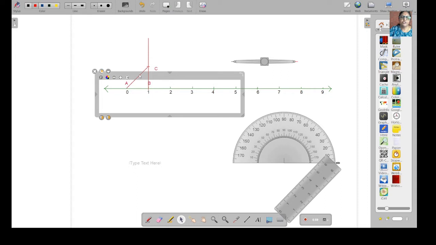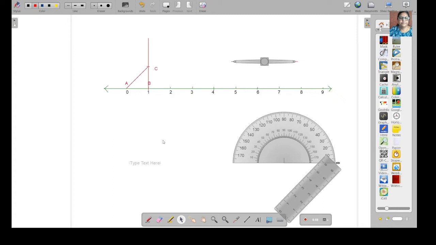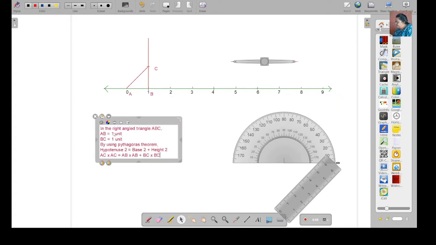What is AC? So you have to apply Pythagoras Theorem to find AC. In the right angle triangle ABC, AB is equal to 1 unit, BC is equal to 1 unit. By using Pythagoras theorem, hypotenuse squared is equal to base squared plus height squared. Here hypotenuse is equal to AC. So hypotenuse squared means AC into AC is equal to base squared, AB into AB plus height squared, BC into